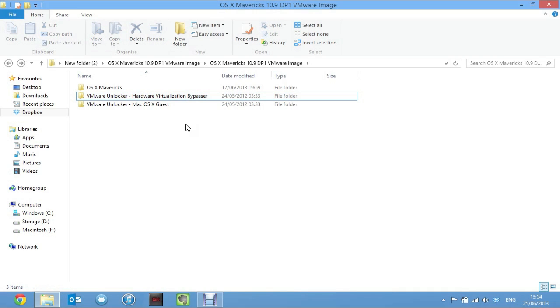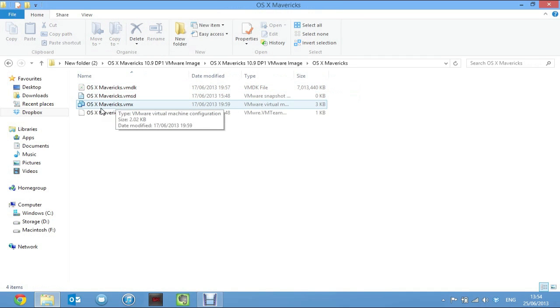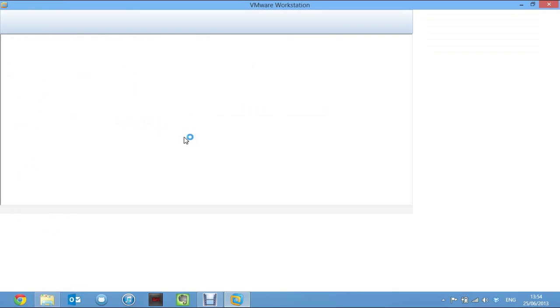So once you run through with both of those, just go into your Mavericks folder and double click the VMX file, which is the three little blue squares. Now, as I said, it's a stock installation, and because of this, nothing has been set up on the VM at all. It's literally as though you'd installed it on a Mac and just left. So that's the state it's at right now.